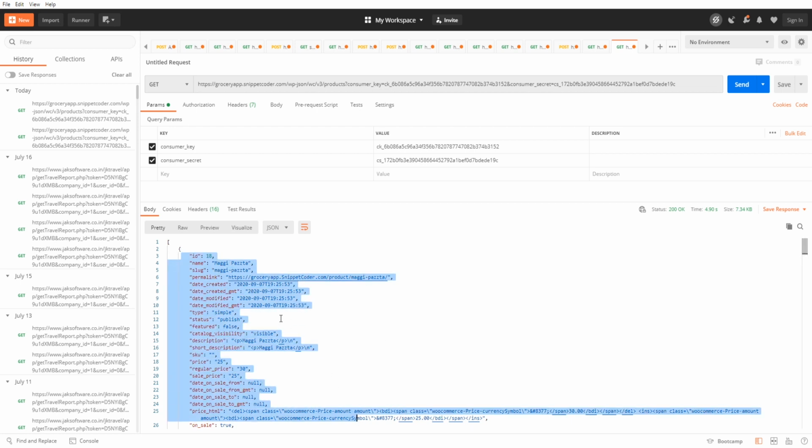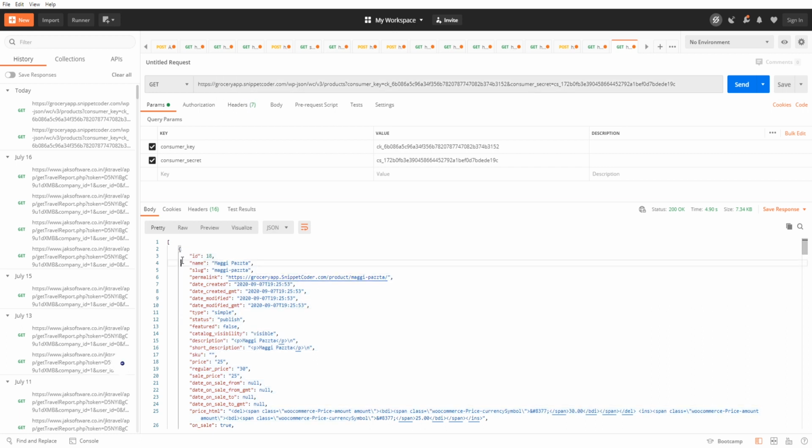Before explaining that data, we should make sure that we are doing everything on HTTPS. If we are not on an HTTPS URL, then this will not work. In that case, we have to use OAuth version 1 and all, and there is also some complication in getting it to work. So we should make sure that we are using HTTPS.